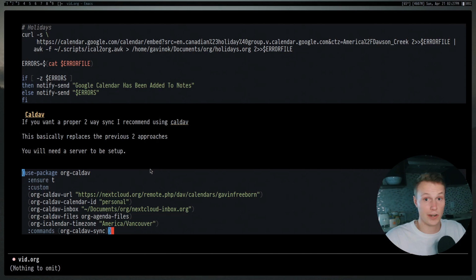That's always an option. Now, I don't mention it here, but I recommend checking out Orgzly. Orgzly is an Android application. There's an iPhone application. I'll be sure to throw it in the description if I remember what it is. That allows you to integrate with org mode on your phone rather than using all these different methods. I like to use these as well as using Orgzly personally. While Orgzly is great for taking notes and reviewing them, sometimes it's nice to just be able to check your notes from a calendar application.